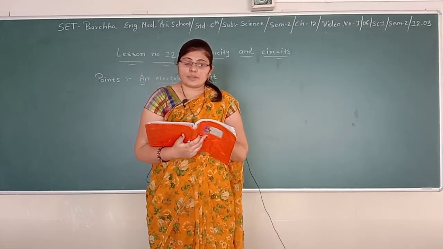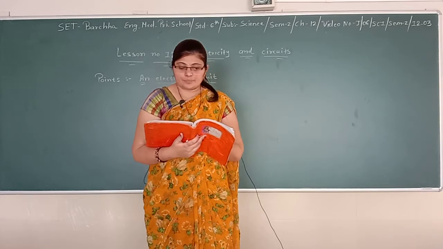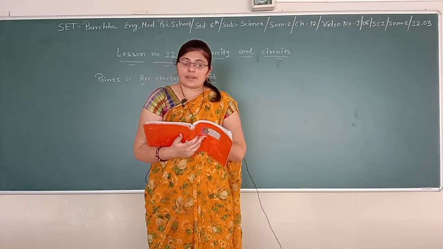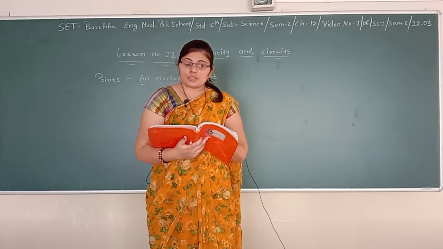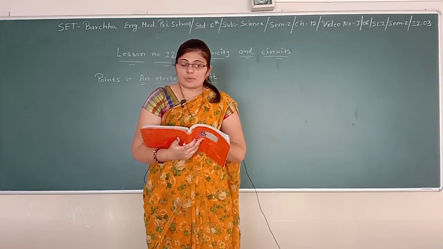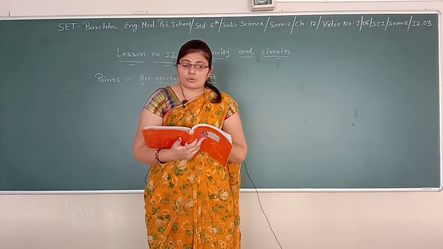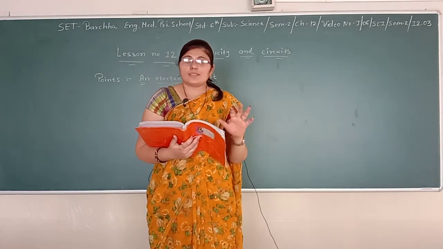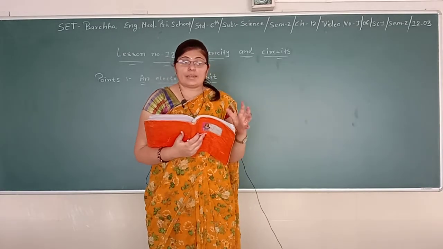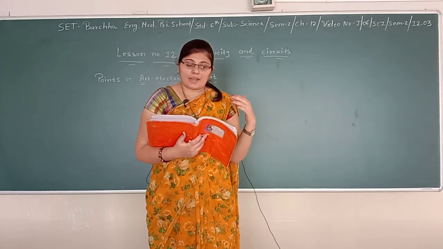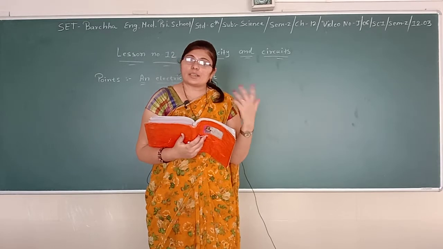Such an arrangement is an example of an electric circuit. The electric circuit provides a complete path for electricity to pass between the two terminals of the electric cell. The bulb glows only when the current flows through the circuit. So this is a basic concept: the bulb only glows when current passes through the wire.